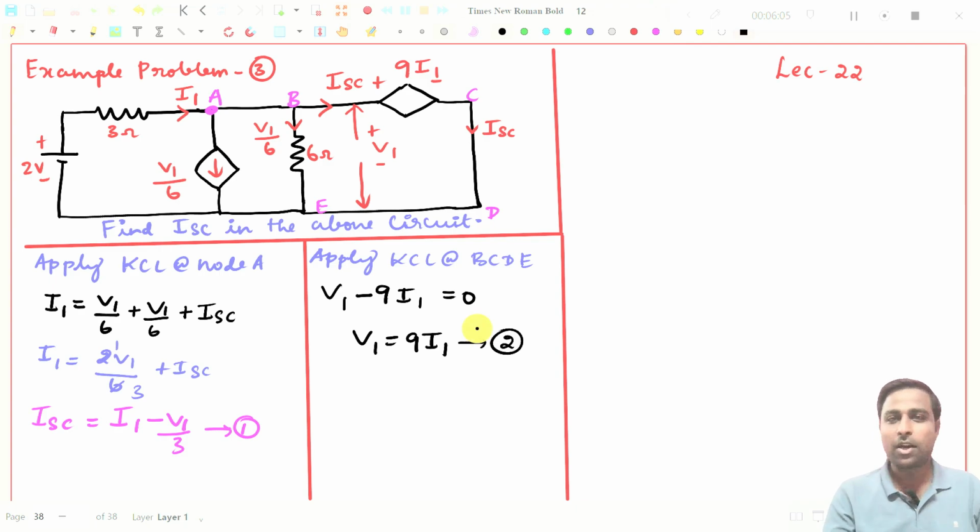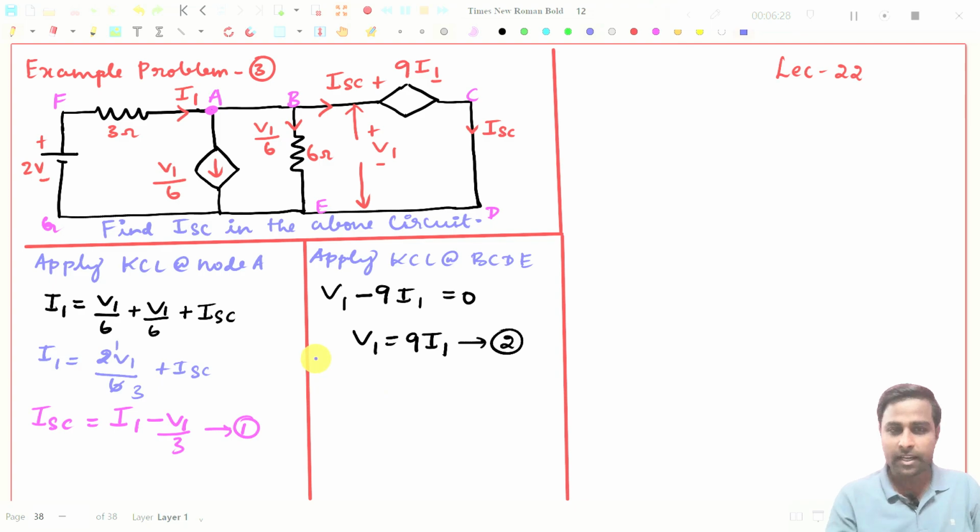Now I am going to write KVL for this other loop. I will travel like this. B, C, D, E we have taken, so I will take this as F and this as G, like that. Now I will apply